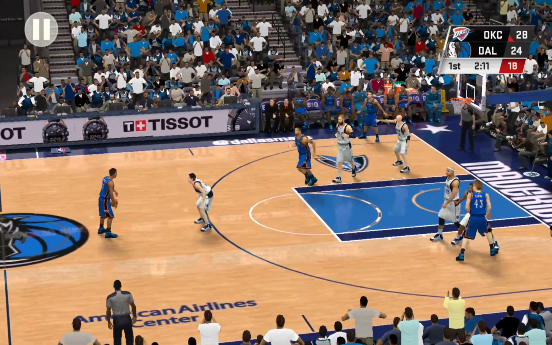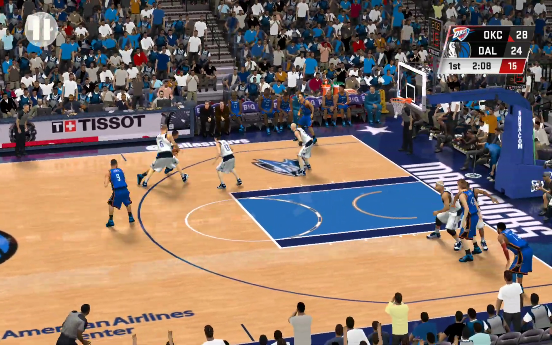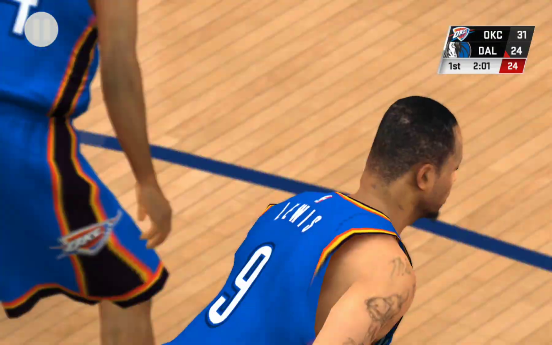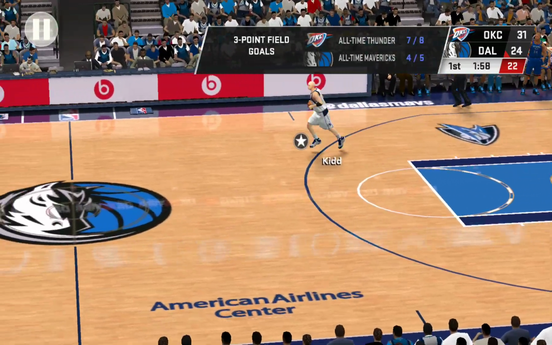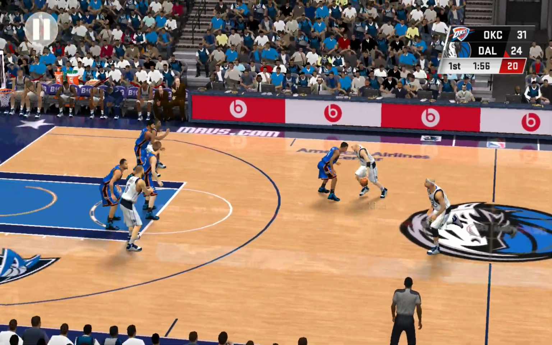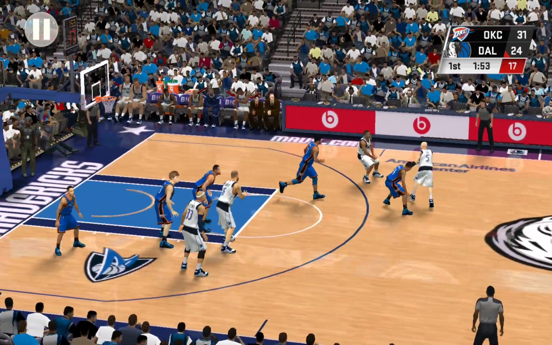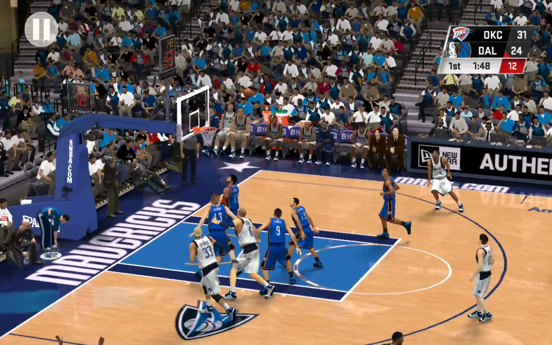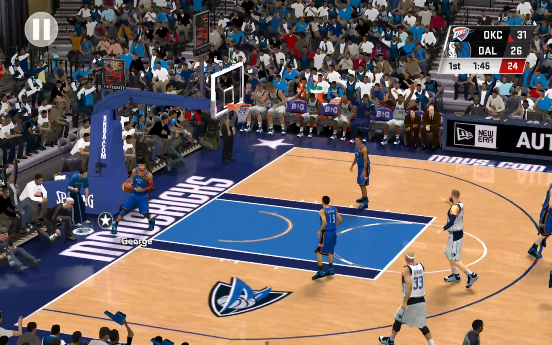Johnson with it. Quiet so far offensively, searching for his first points of the game. Lewis. And again, Oklahoma City with the triple. They're going back to the three-point shot over and over and over. Here's Kidd. Pass to Nash. Jumper off the screen. Green for 2 points.